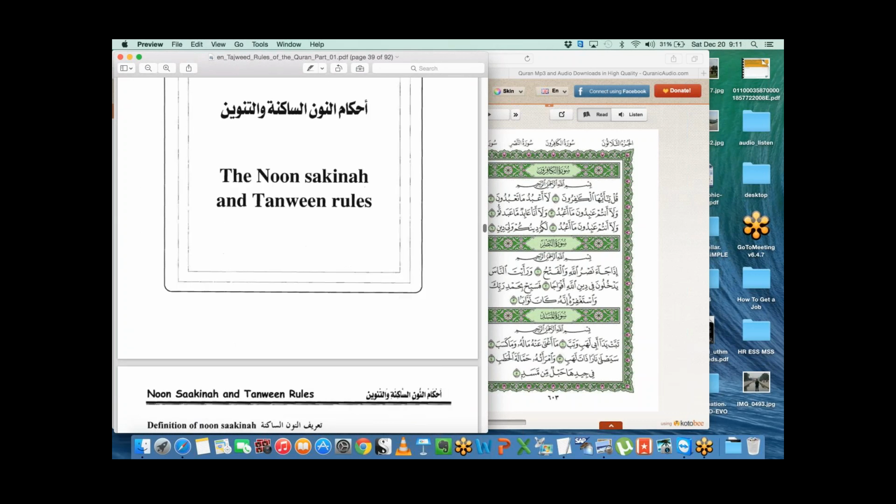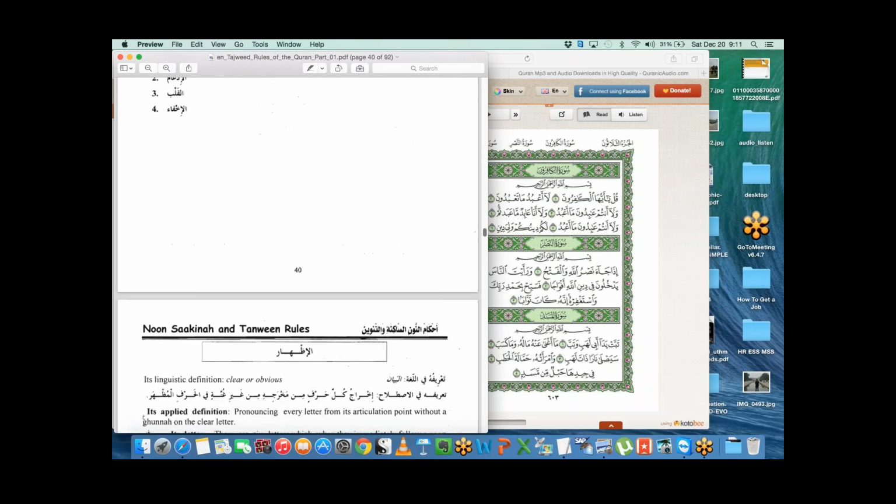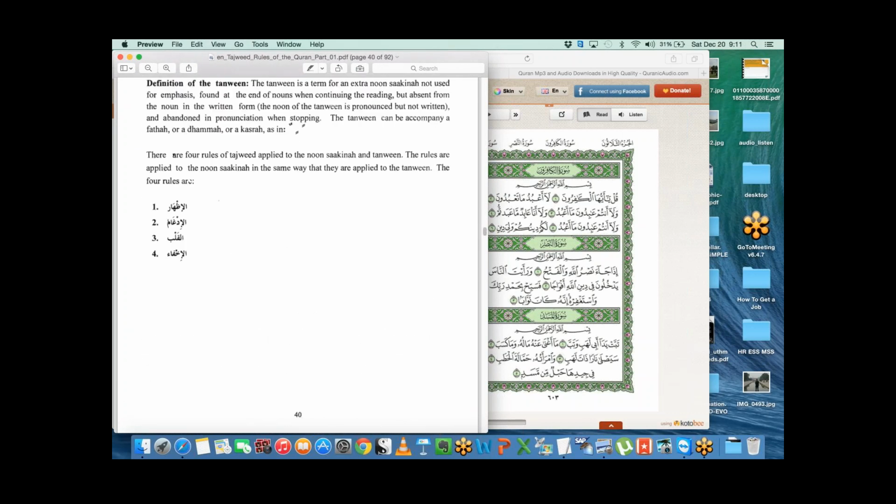As far as the rules, we only covered Ahkam al-Nun al-Sakina wa Tanween, so Nun Sakin and Tanween rules. And then within those rules, we covered Al-Izhar, Al-Idgham, Al-Iqlab, and Al-Ikhfa. So these four rules, how they occur within the reading of the Quran.